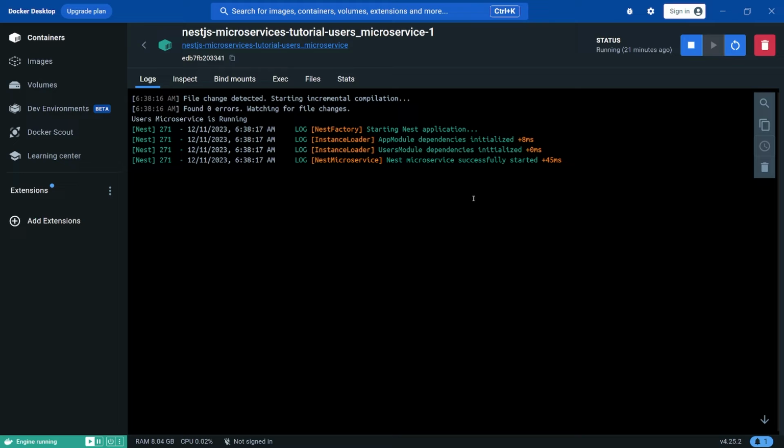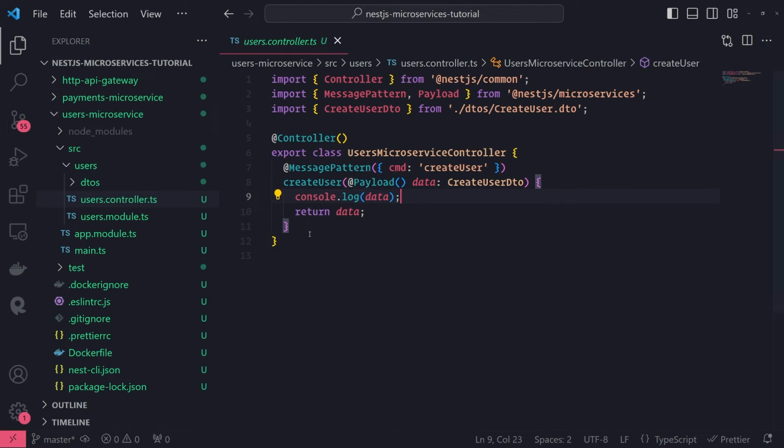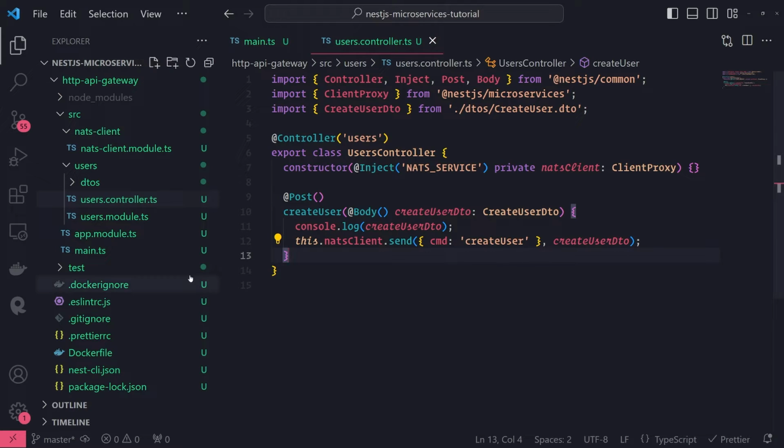Let's see, the user microservice doesn't seem to be logging anything. So actually, the reason why you're not seeing anything being logged in the user's microservice and it's not being delivered is right over here in our users controller for the HTTP API gateway project. I actually need to use this return keyword to return this call over here. I'm not entirely sure why we need to return,